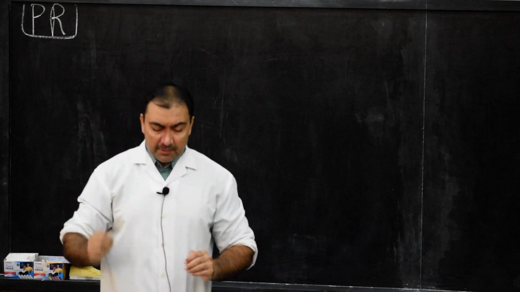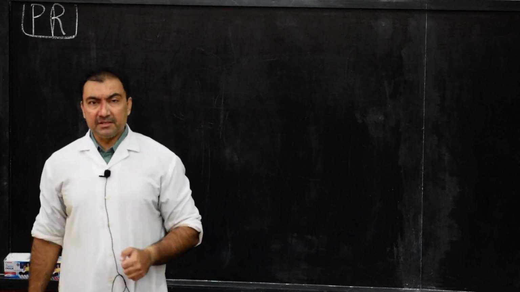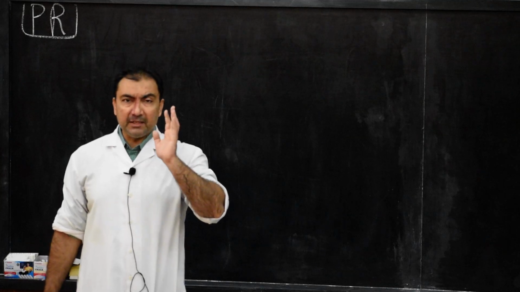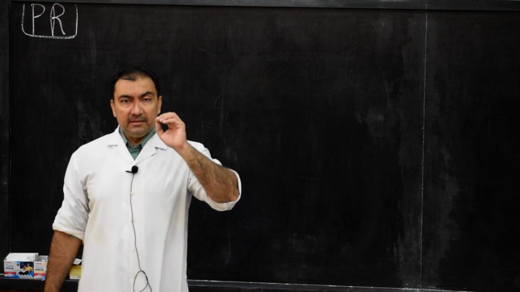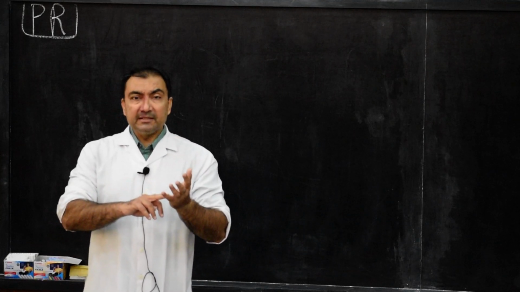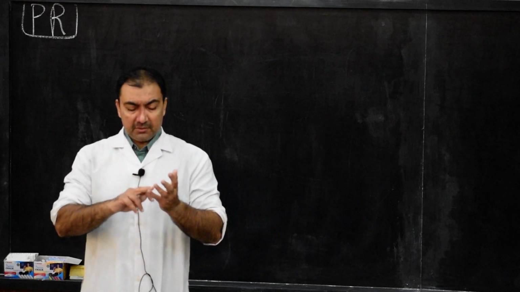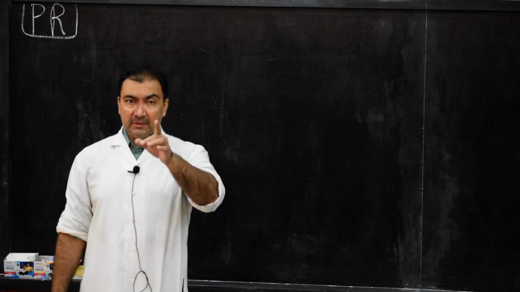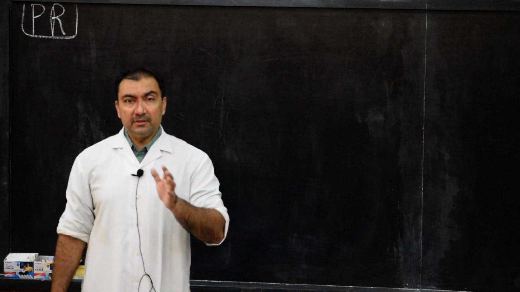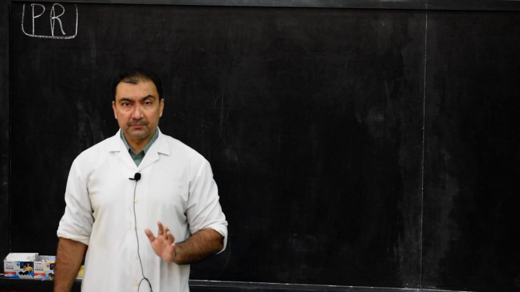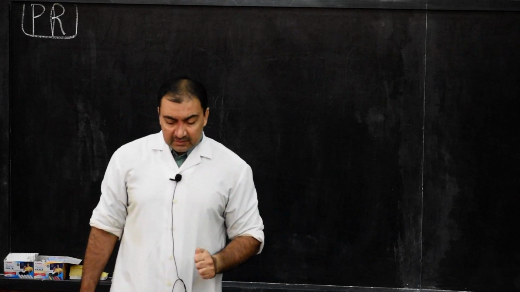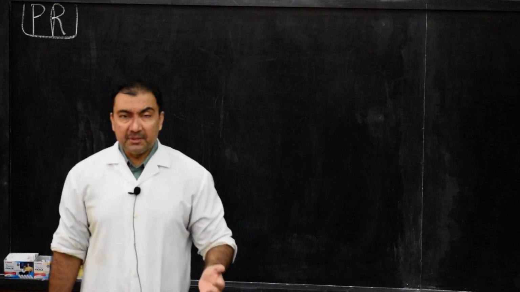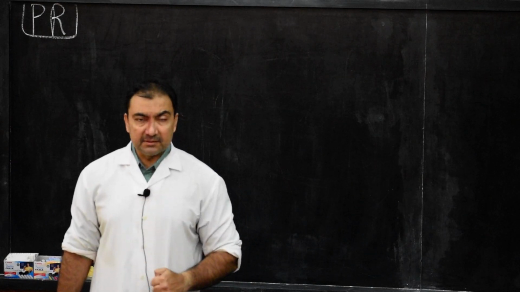Now we come to the main muscles of the pectoral region. So the main muscles of pectoral region, basically they are classified as pectoralis major, pectoralis minor, subclavius muscle, and also serratus anterior muscle is included in this region. Therefore, considering the main muscles: pectoralis major, pectoralis minor and subclavius.